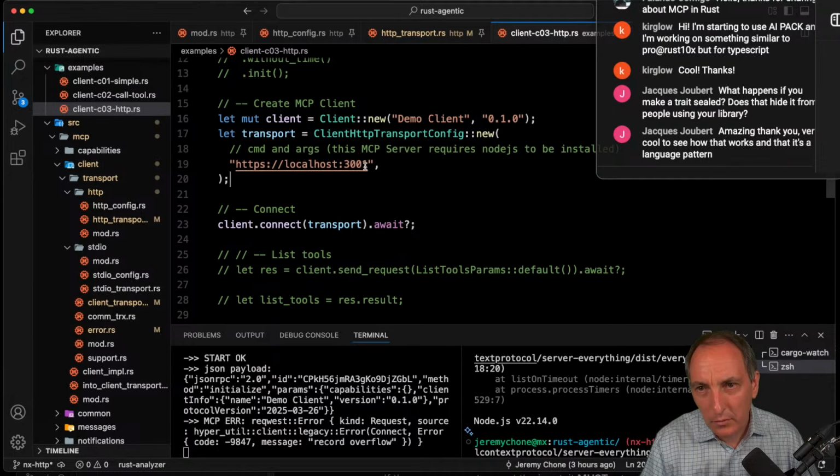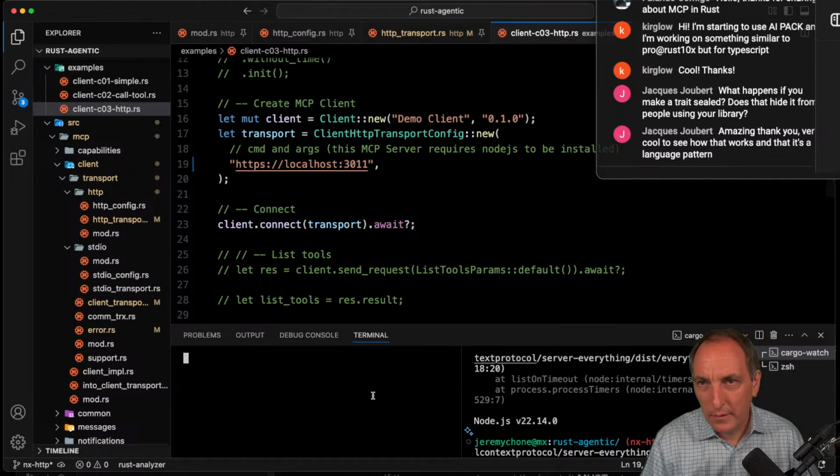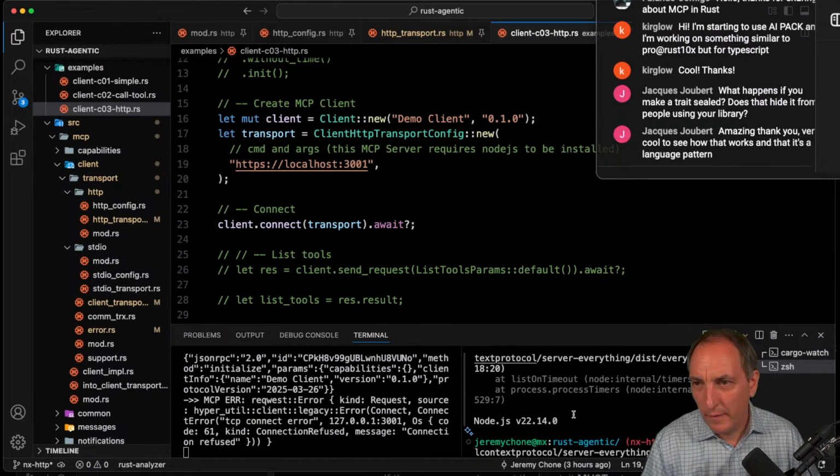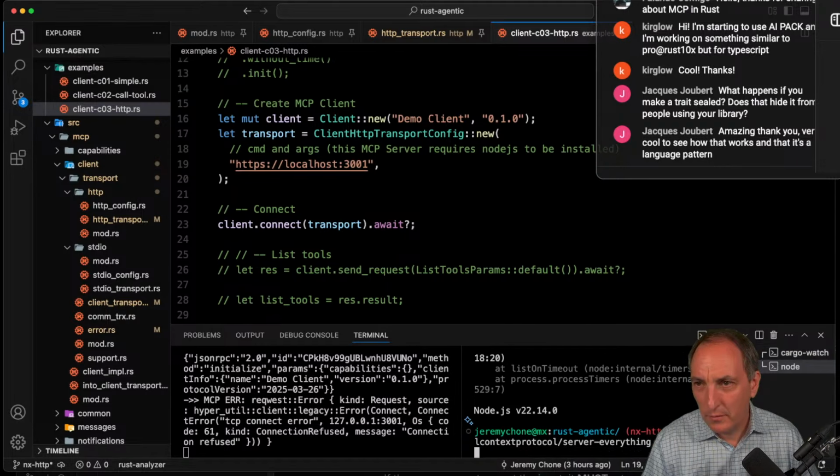I don't even know. Legacy error, record overflow. It's not even an RPC. Yeah, because that should be connection refused. That's fine. If I go to this one, it should be connection refused. Okay. And then if I go to this one,